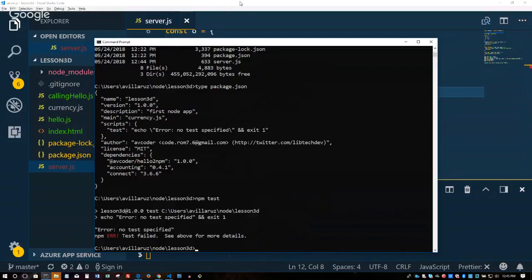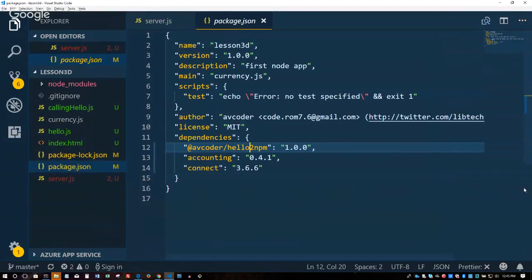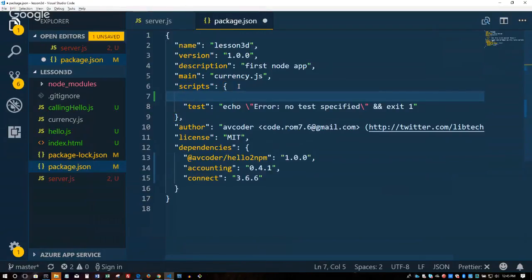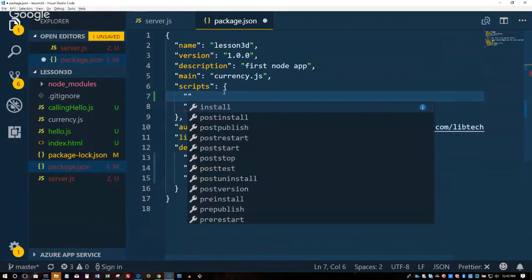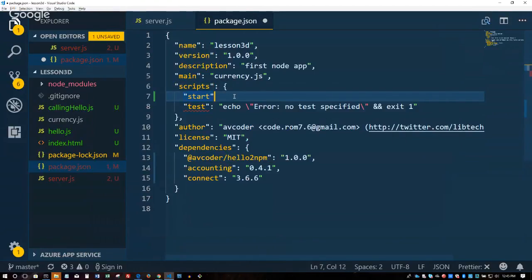So if you open up your package.json file, under scripts, just enter, and it doesn't matter the order. So it could be just under scripts or after test. You could say start in quotes, colon. Now don't type what I'm about to type, but I'm just doing this to prove a point.